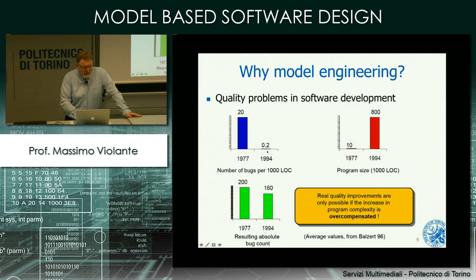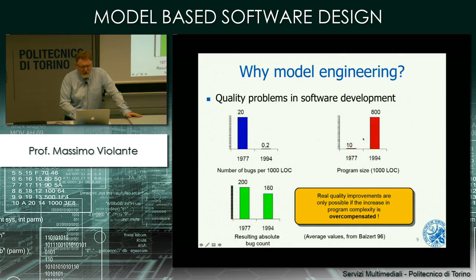They found that the number of bugs per lines of code was reduced to 0.2. So at first sight, this could be very encouraging. Oh, the number of bugs is reduced hundreds of times due to the new techniques over traditional programming. Well, the downside of this story is the fact that the number of lines of code in a software is